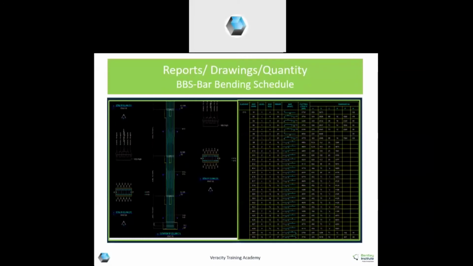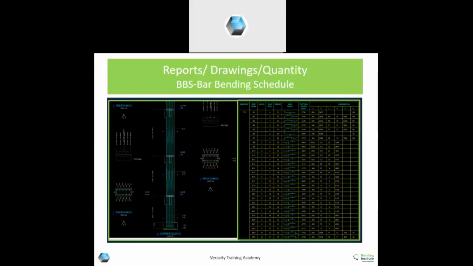Bar bending schedule for column, hooks, bends, as well as laps, everything is calculated. All the details. I know this might be very micro and you cannot see it, just because I have to fit it in the PowerPoint presentation.